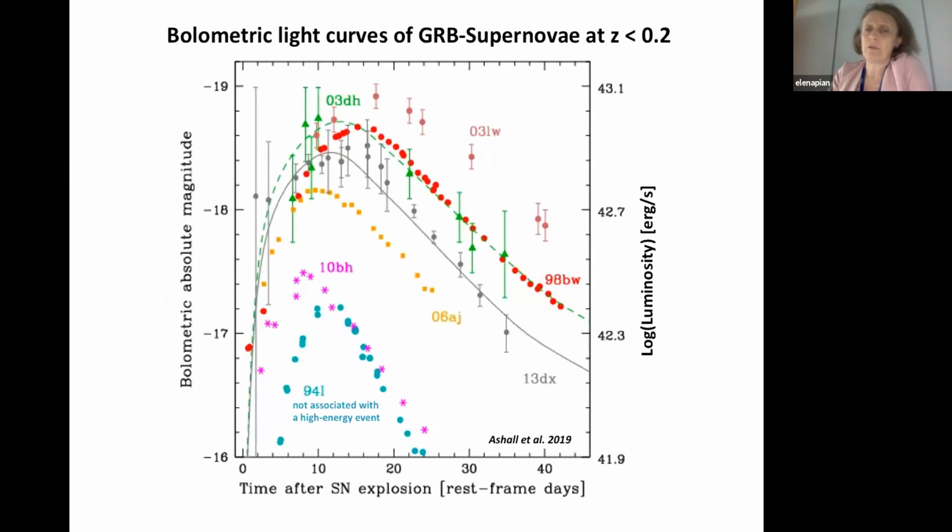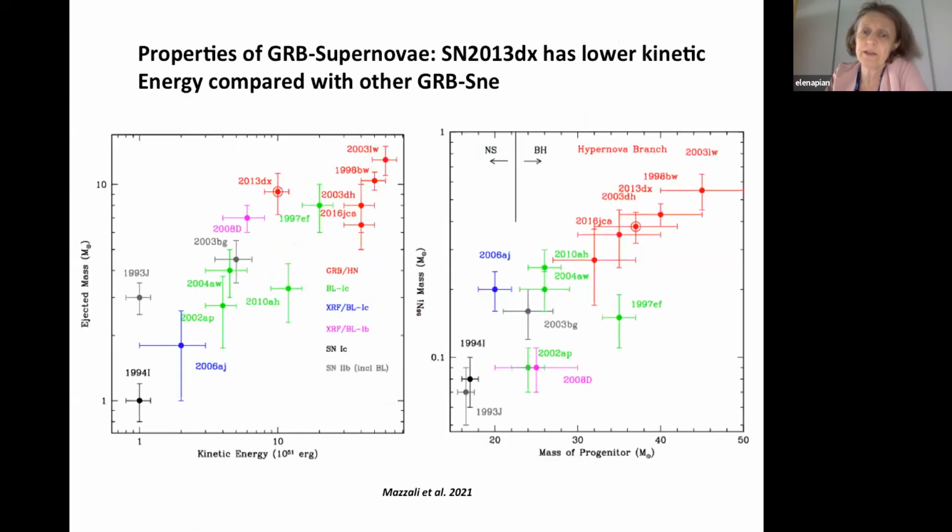This is a comparison of luminosities. This is the 98bw that I mentioned before, a very luminous supernova, more than a magnitude more luminous than other core collapse supernovae. And the only supernova in this viewgraph that is not connected to a gamma ray burst is 1994I, here in turquoise at the bottom, and as you can see, it's a dwarf with respect to these powerful gamma ray burst supernovae. And here is a comparison, a bit more physical viewgraph, of relevant physical quantities of these objects.